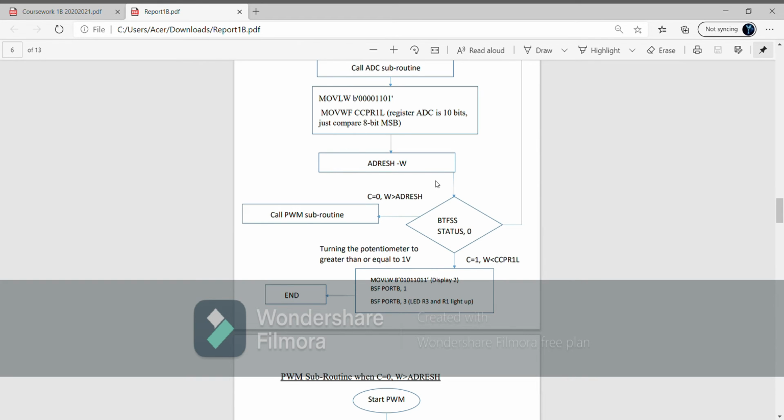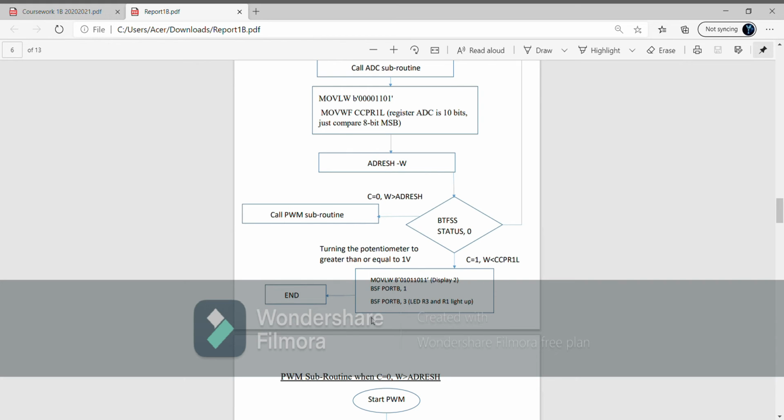For my task, for the value I'm getting, my range is within 1 volt to 1.5 volts. If it is greater than 1.5 volts, it goes to the PWM function here. On the other side, if it is equal to 1 or less than 1 volt, it goes to